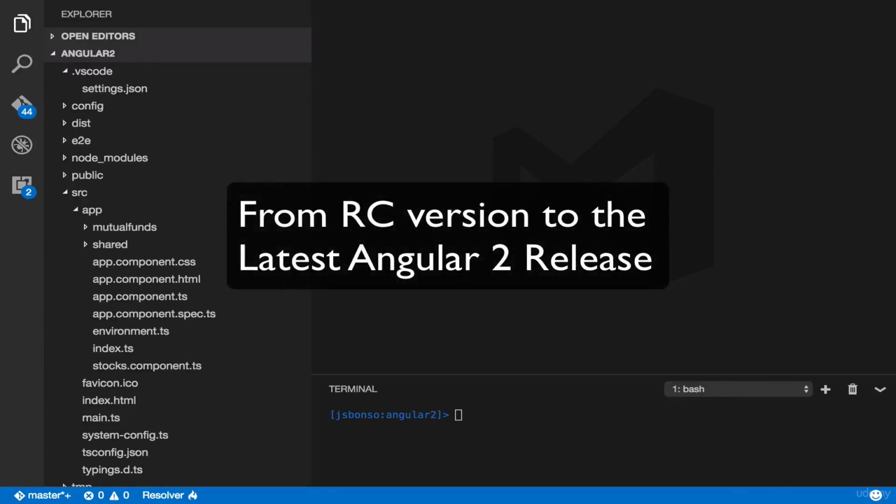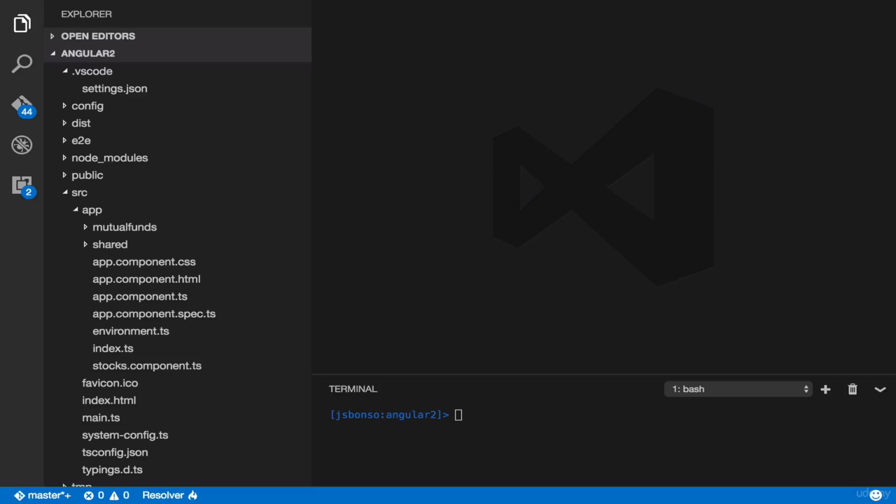Angular 2 is a rapidly evolving technology. Thus, there will always be new changes or versions of it every now and then. To update our version of Angular 2, we should first learn how to know what version our app is currently at. To check our version, simply go to